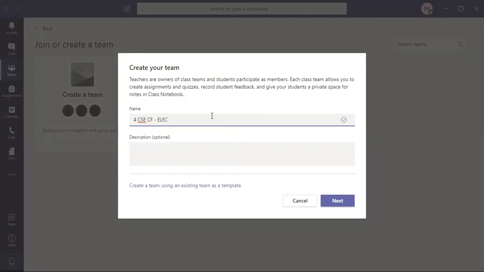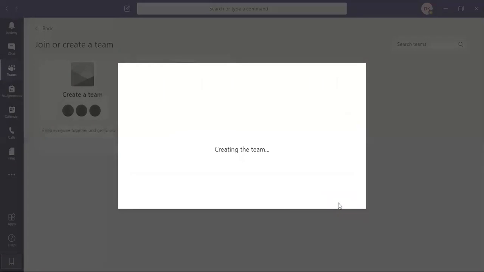Because I have already created a class called 4 CSC CF, I have given the name as 4 CSC CF elective. Whatever may be your class name, you can give that particular class name over here, it's up to you. And if you want to add any type of description for this class, you can add it here. Otherwise, click on the next button.